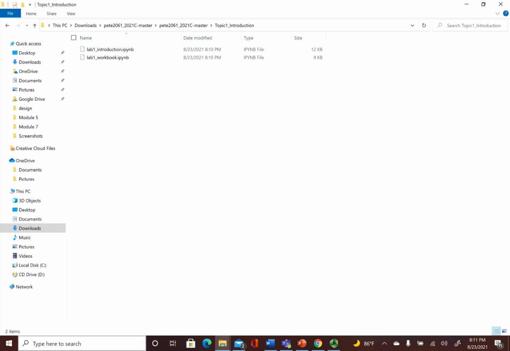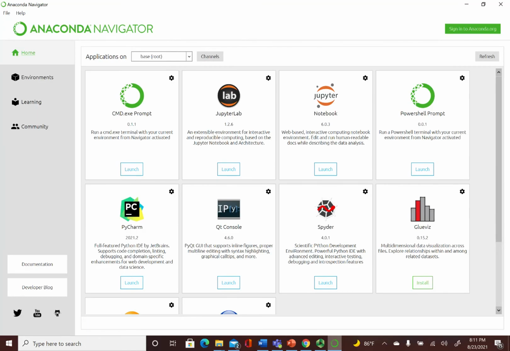And for some reason, it's taking a little bit more time, but it's coming up. The icon is right here, the green wheel, and I'm going to click on it. This is it, and this is Jupyter Notebook, right? So what you need to do to launch it, you click on launch right here. So I click on launch,